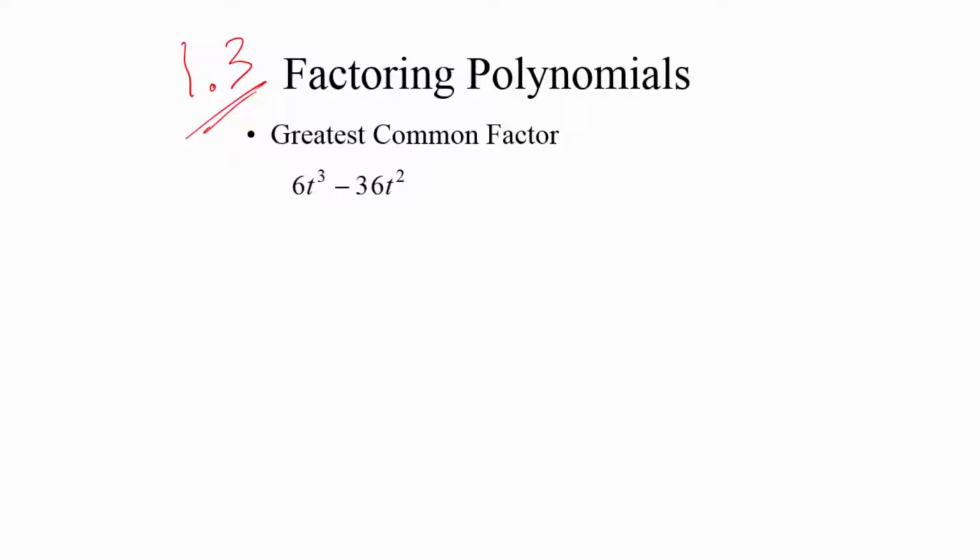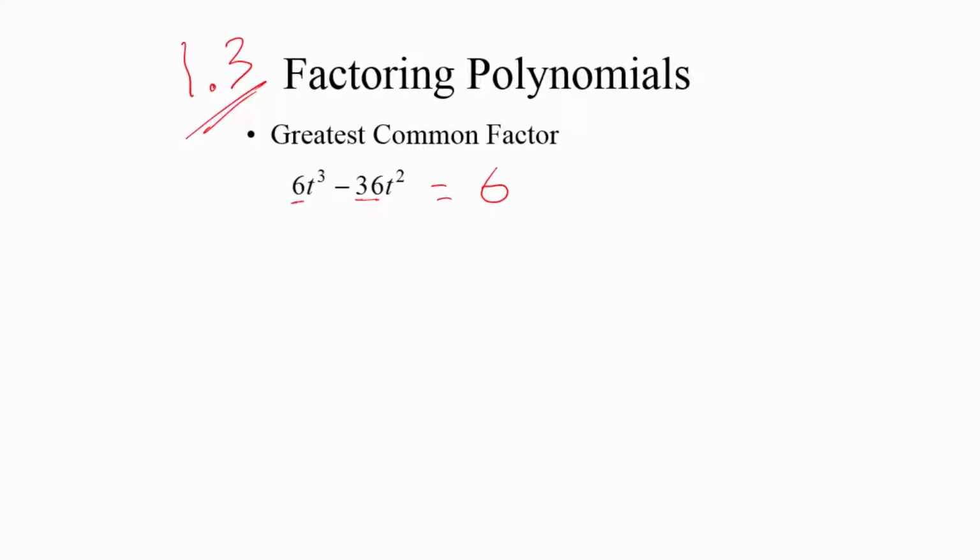So 6t to the third minus 36t squared, right? You want to factor this. First, between 6 and 36, what is the common factor? What is the greatest common factor which is divisible to both of them? The answer is 6, because 6 divided by 6 is 1, 36 divided by 6 is 6. So it is 6, the common factor. So you write